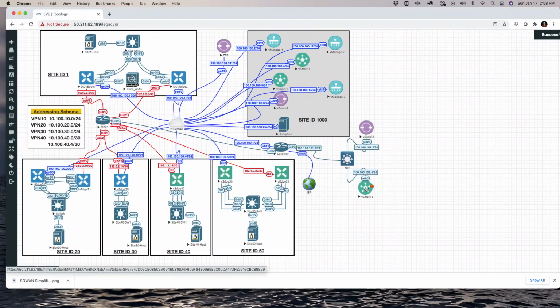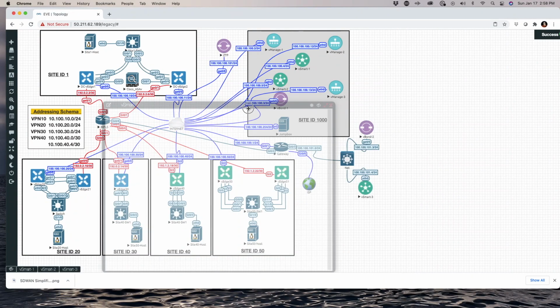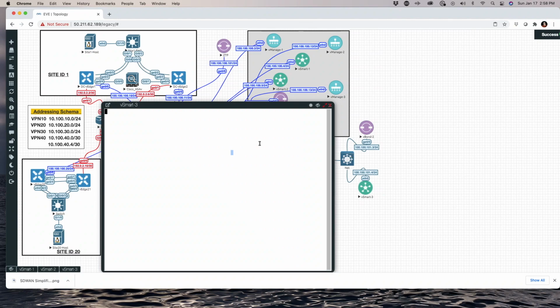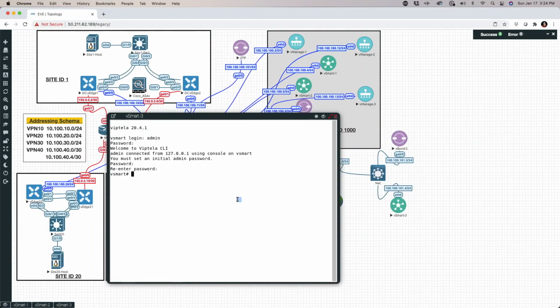Now please bear in mind that vSmart 3 is not located in Site 1000. We've been calling this Site 1001, and we'll keep with that vein of config. So we'll do admin, admin, config, system, host-name, vSmart 3, system IP,